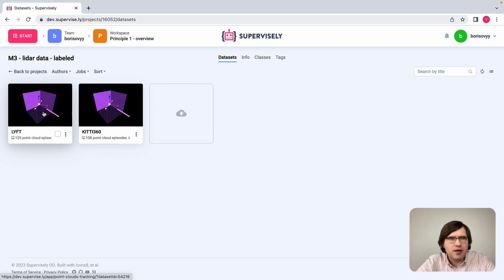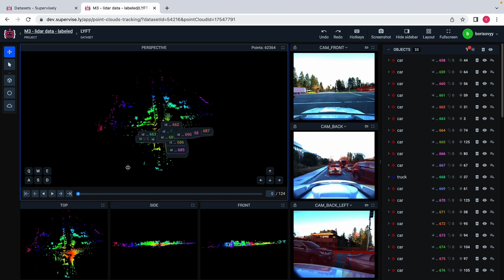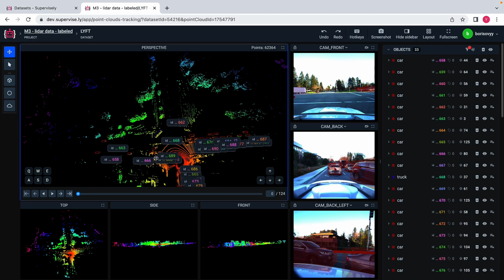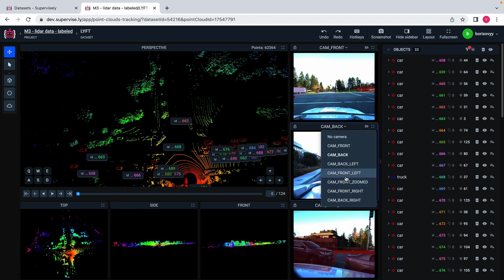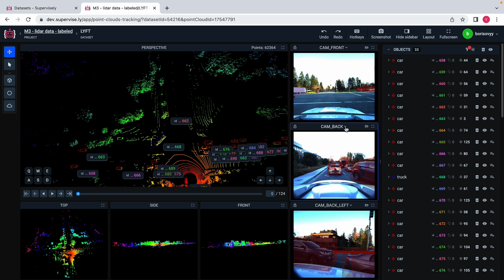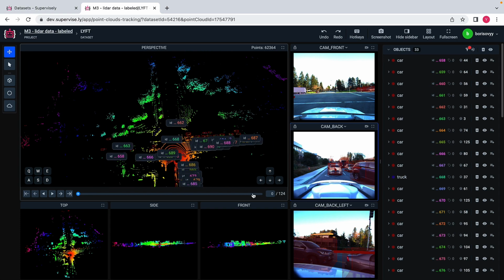So let me open the Leaf dataset and show you how a point cloud populated with a lot of objects, point cloud episodes, might look like. So what we see here is actually a point cloud with quite a number of objects and also photo context. We see three images here, but we can essentially pick other images, other cameras if we want to. So it's actually a 360-degree view that is supported. And this episode, point cloud episode, consists of